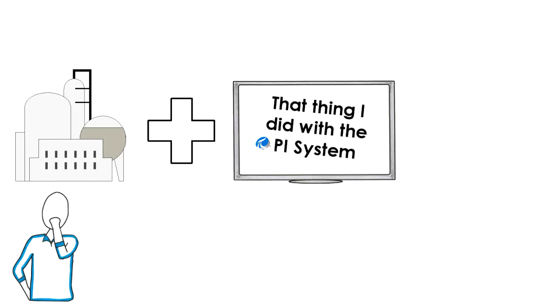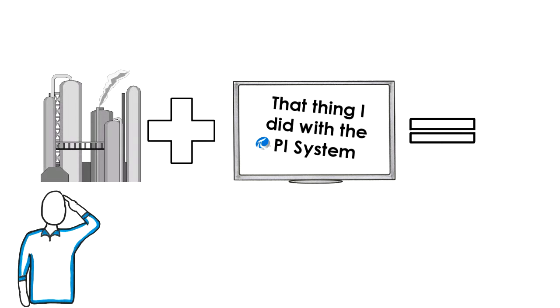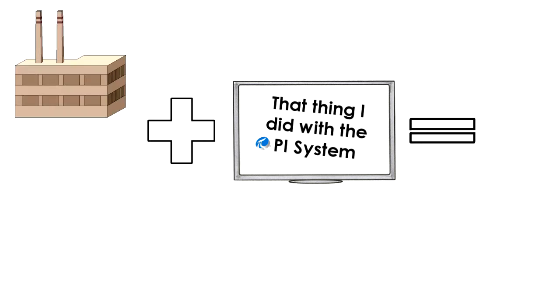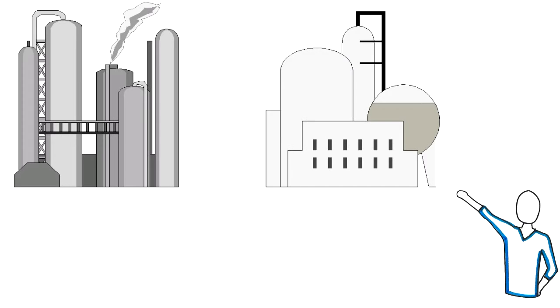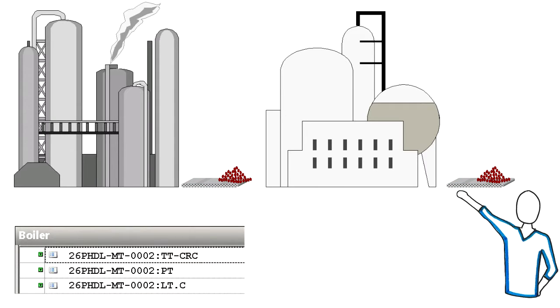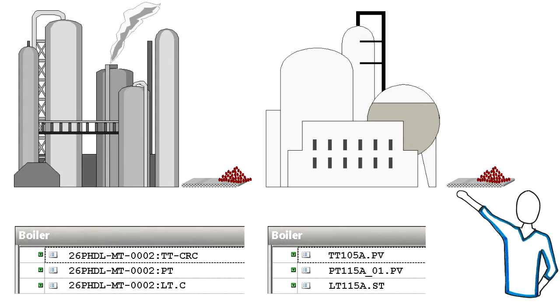Scaling up your Pi system successes across your company can be difficult. What works at one site might not work or even make sense at another. Part of the problem is that different sites, even if they make the same stuff and do the same thing, might have different instrumentation, different names for the same thing, different ways of doing the same rollup, and on and